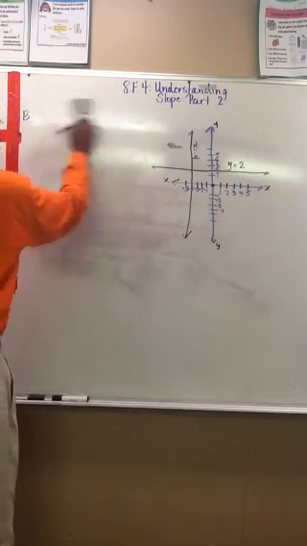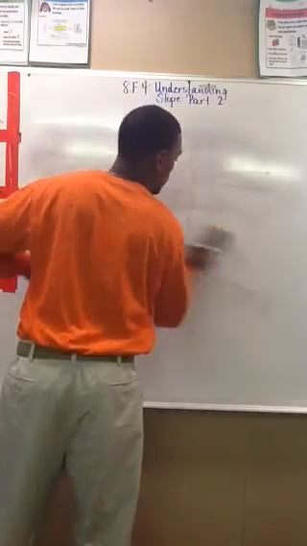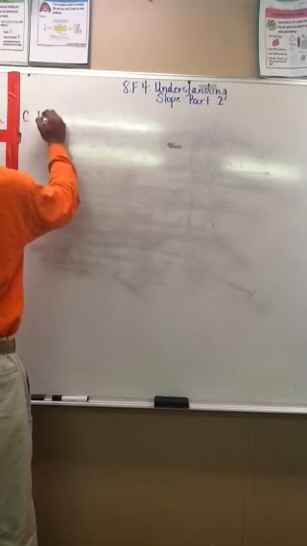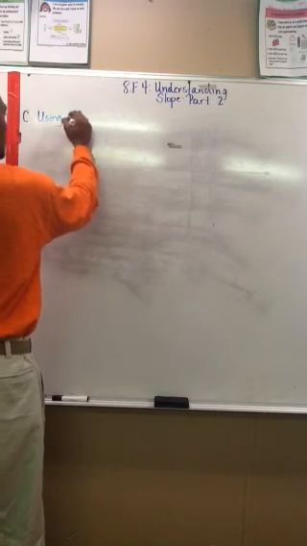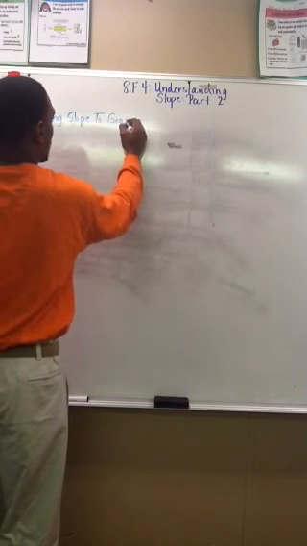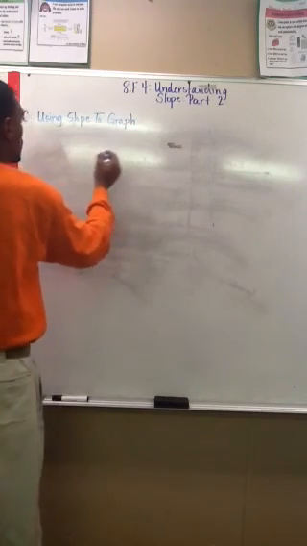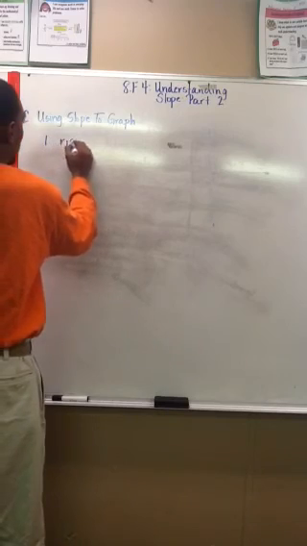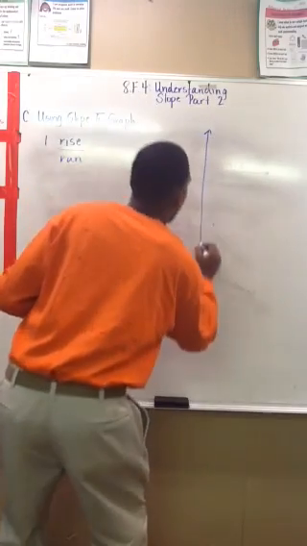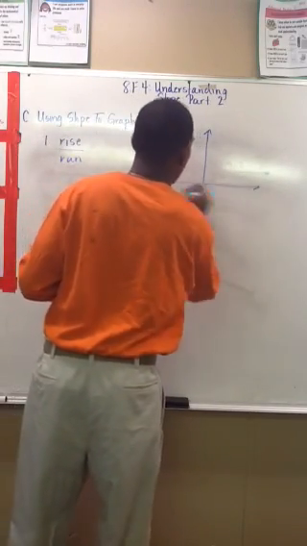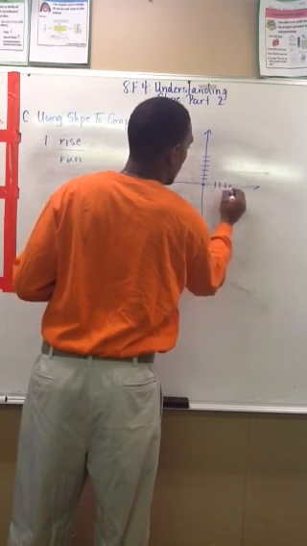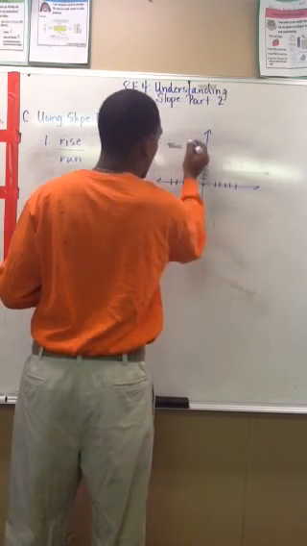Let's look at the rise over run theory. If I draw a Cartesian plane, and I draw a line